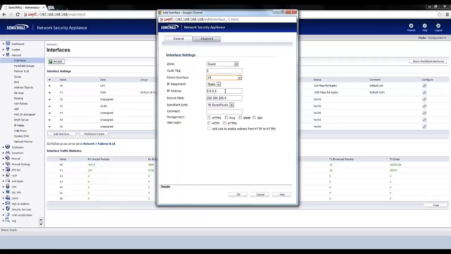IP assignment we'll leave as static, and IP address for this subnet is going to be 192.168.5.1. And I chose that on purpose so that if I am going to be using a layer 2 switch to manage my VLAN traffic, it makes it easier for me to know that VLAN 5 is associated to subnet 5 as well. As default, I will leave this as a Class C subnet mask,